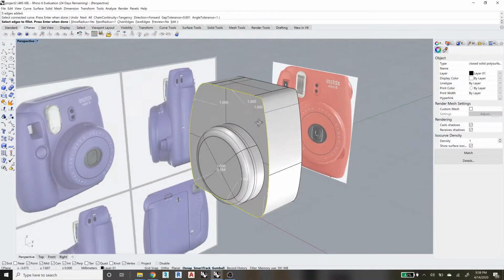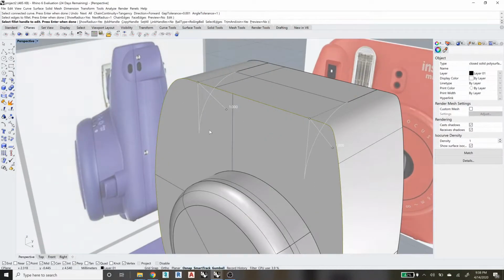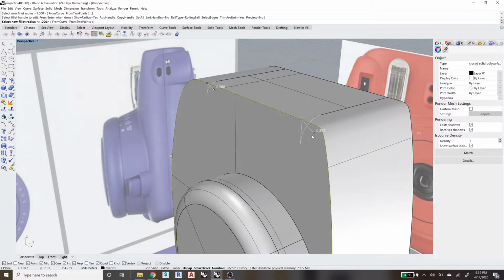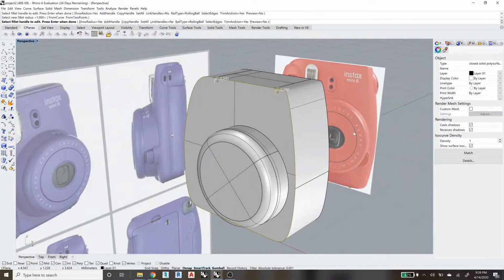We can just move it. So I'm just going to hit enter again, leave that, and now you can see that this curve is a 1 unit radius. Okay, so I'm going to tighten that. I don't want it to be that large. I'm going to start moving this, and you saw this in the water bottle tutorial. If you just type in 0.2 while you're still dragging, then hit enter, or just let go of your mouse button. I'm going to do the same thing with this edge, 0.2, let go of my mouse. Okay, so now let's see what that does. Now if I hit enter,